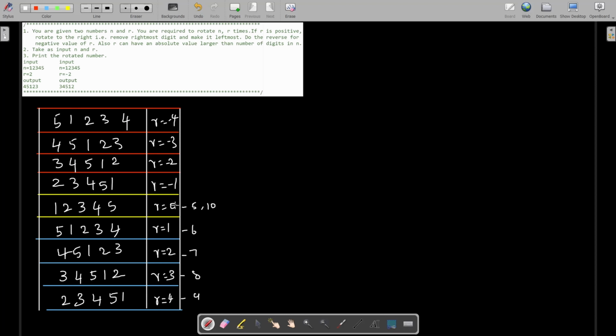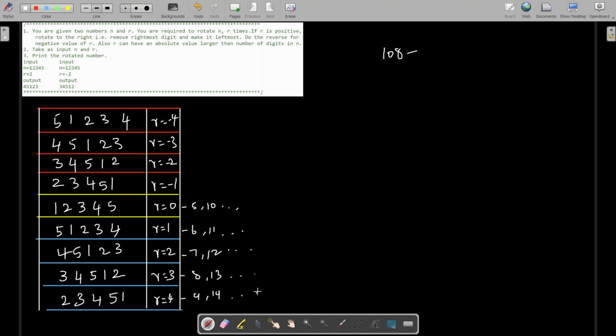For the first step, you have to optimize your rotation, because our rotation can be any number. It doesn't come under only the count of digits. It can be any number. Suppose your rotation is 108, what do you have to do? Are you going to do 1, 2, 3, 4, 5 like that up to 108? No need, right? How can we find it? Your 11th rotation is equal to the first rotation, your 12th rotation is equal to the second rotation, 13th rotation and 14th rotation, and so on.